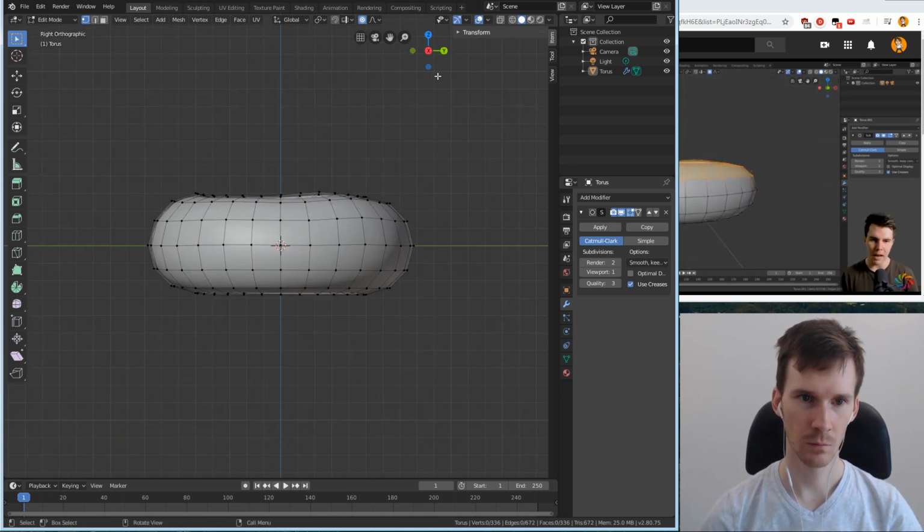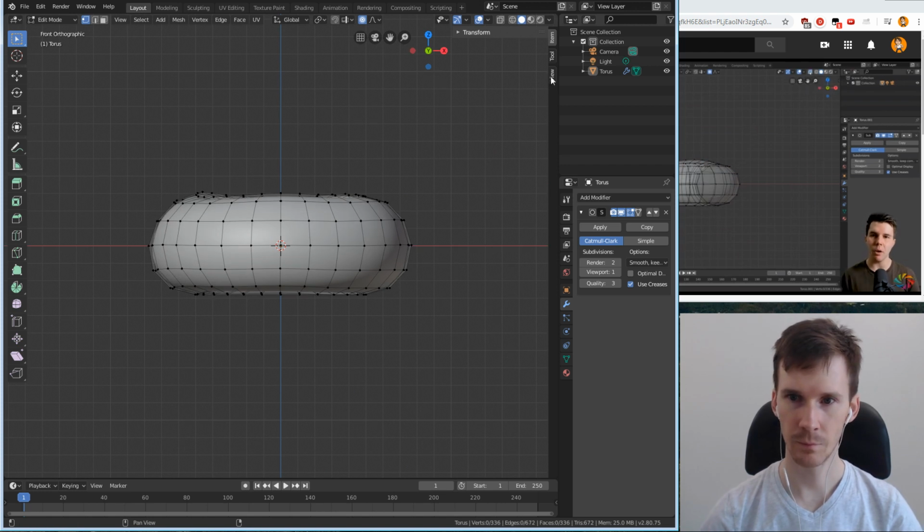I want to select half the mesh, but I can't because I'm not able to see through. If I go to the top, there's a mode called X-ray mode. The hotkey for that, by the way, is Alt Z. Alt Z will just toggle between that mode. With that, now I can drag a box over and you can see I selected the top half